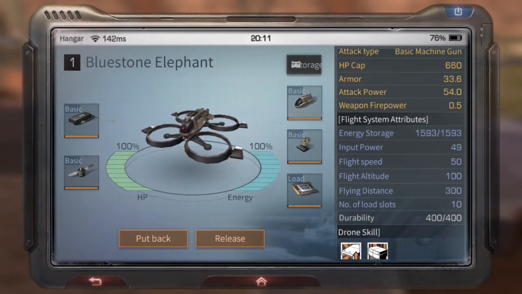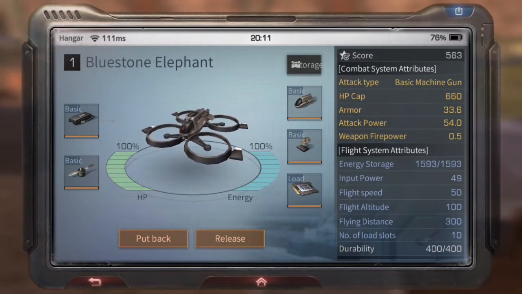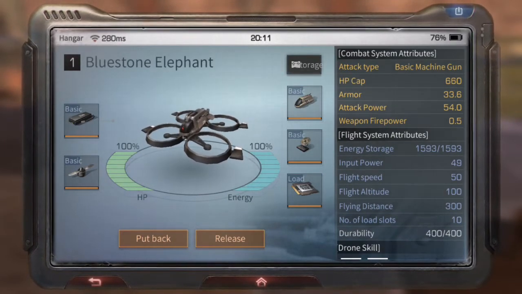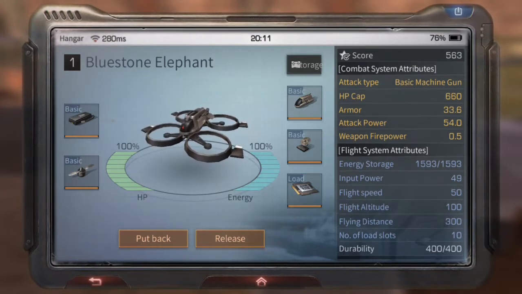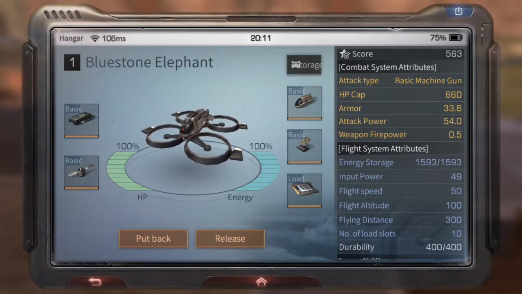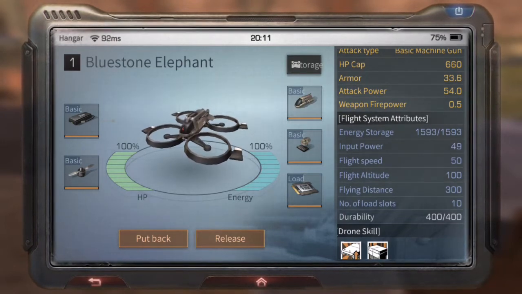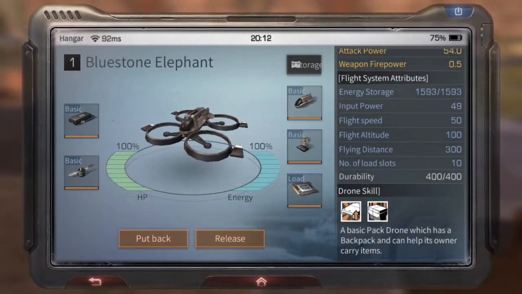So it can hold up to 1500 energy, which is the little blue bar on the right side. Your drones can take damage too, so there's an HP bar over there, and it has 660 HP. So not too bad. 33 armor, which is more armor than my armor's giving me, and attack power 54, which is about what the guns I'm using are at. So yeah, for a basic drone,